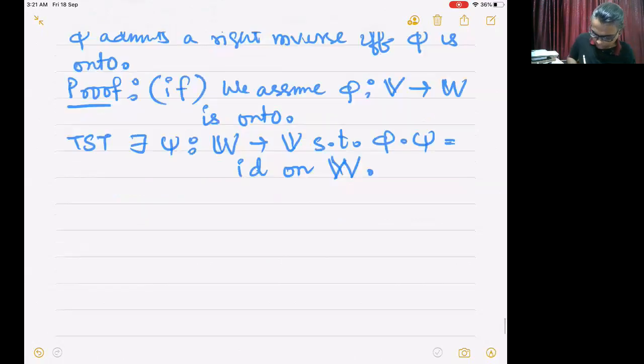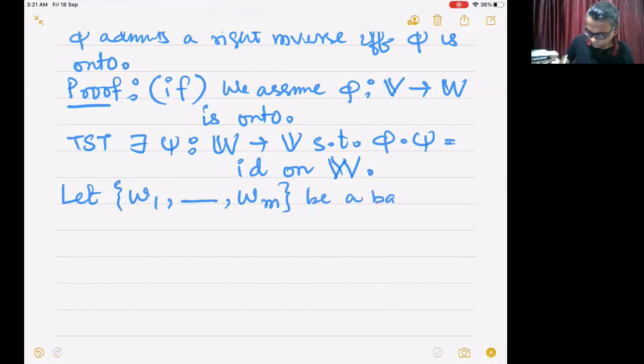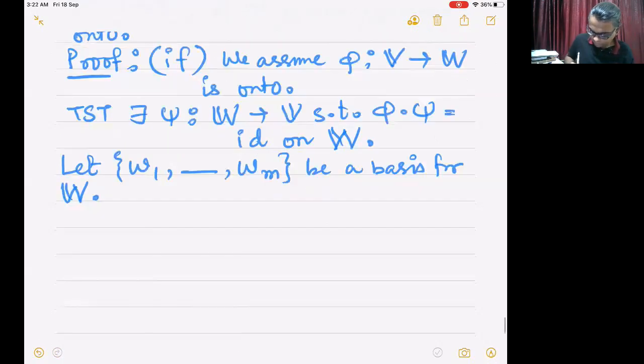So let W1 up to Wm be a basis for W. Is that all right? So because it's a basis, there's a basis for W. Because it's a basis,